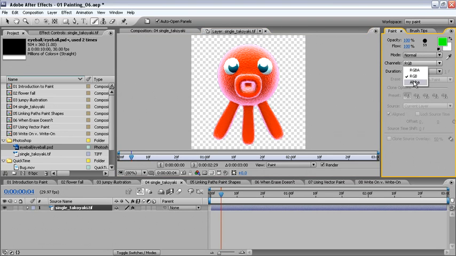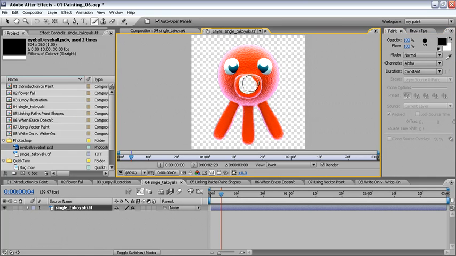The last option here is the ability to paint the alpha channel. Notice when we select Paint Alpha Channel, the color chips change from our color to white and black, or black and white if we flip them. We know that painting with the black in the alpha channel is going to obscure the pixels, and painting with white will reveal them. So, by painting with black here in the middle of my frame, I can see that